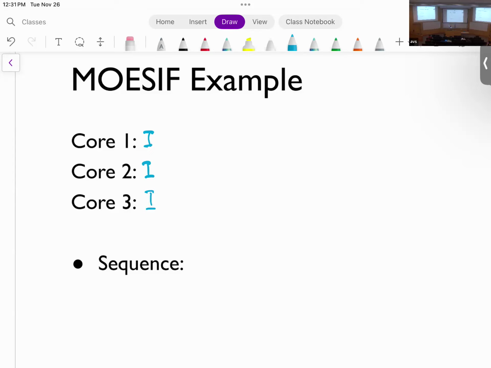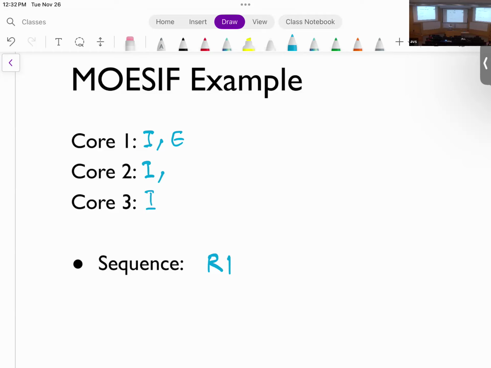So let's, for example, start with some sequence. Let's say sequence number 1: core number 1 is going to read. The notation I'm going to use is either R or W, and then the number after that is for the core. So if it's R1, can you tell me what should happen with these cores? For core number 1, which state should we transition to? Yeah, so we can go to E because everyone else is in I.